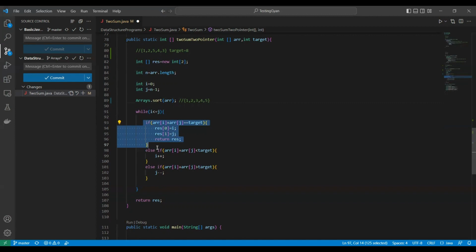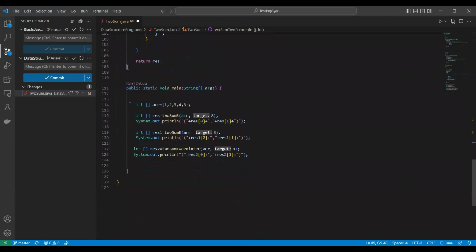So these are three approaches which we can follow in order to find the two sum, that is, the pair which will give us the target sum. Now let us see the working of all of these three approaches. As you can see, this is our input array 1, 2, 5, 4, 3. The first approach is twoSum, second is twoSum efficient, third one is twoSum two pointer. So it will print out the output for all of these three approaches. Now if I run this program,